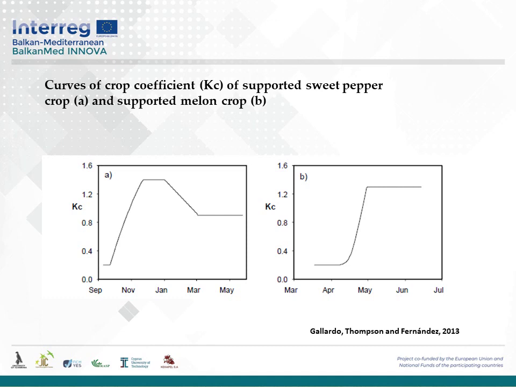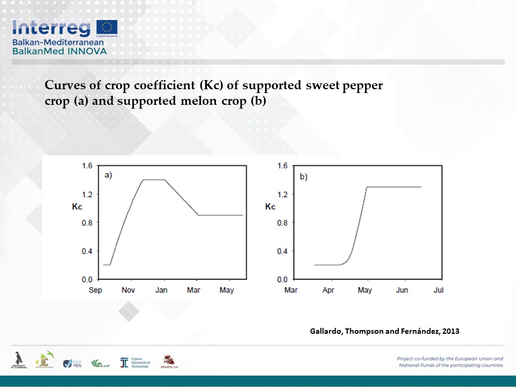For the pepper crop, figure A, you see that there is first a linear increase from initial Kc 0.2 to a maximum Kc of 1.4, and then there is a constant maximum Kc, which is followed by a linear decrease from 1.4 to nearly 0.8,